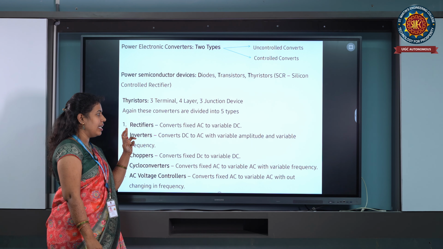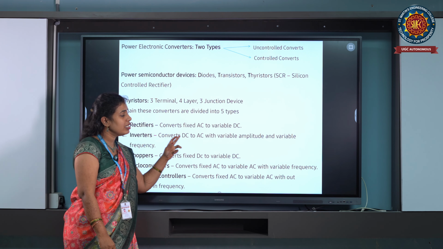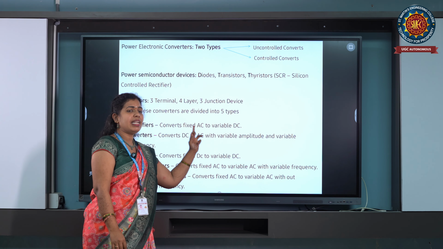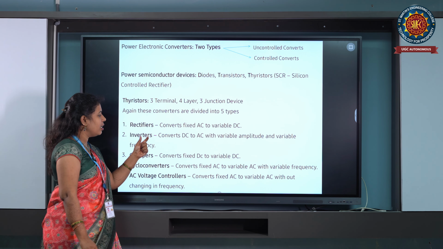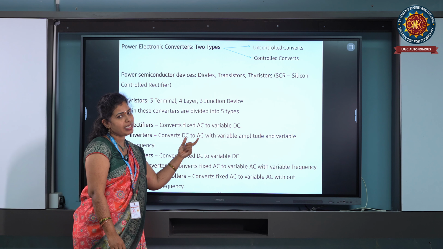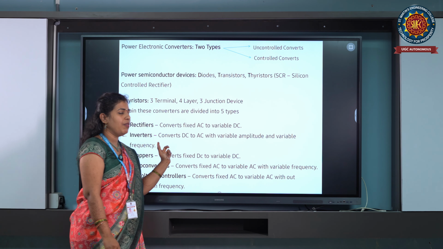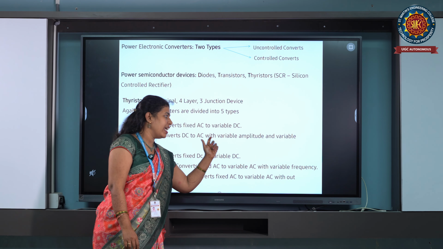Rectifiers are nothing but AC to DC converters, and they convert fixed AC to variable DC. And inverters are also called DC to AC converters; they convert DC to AC with variable amplitude